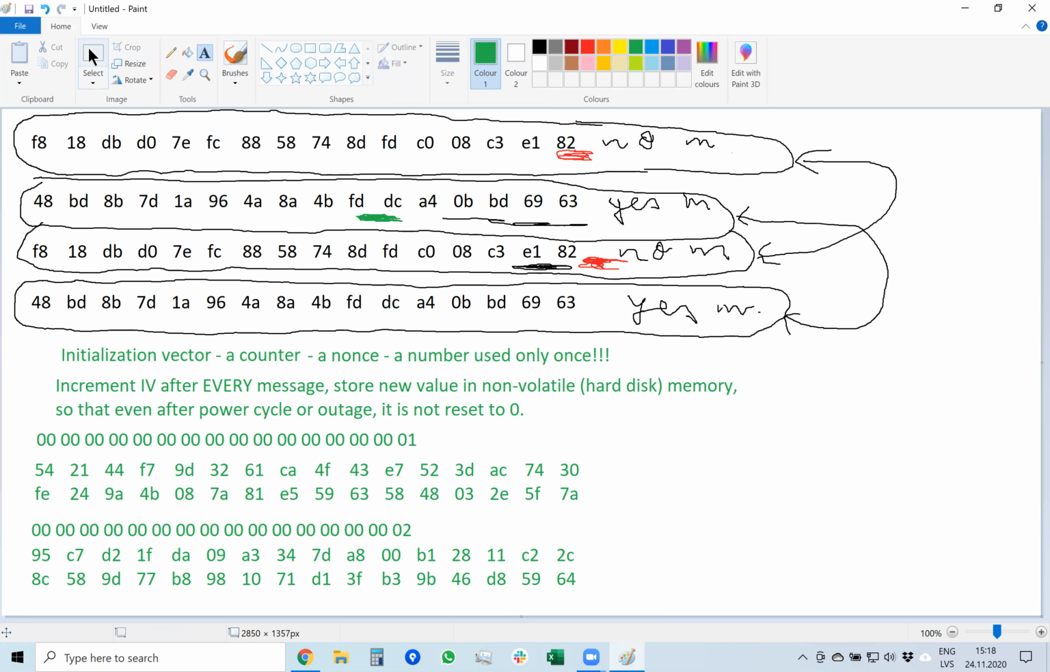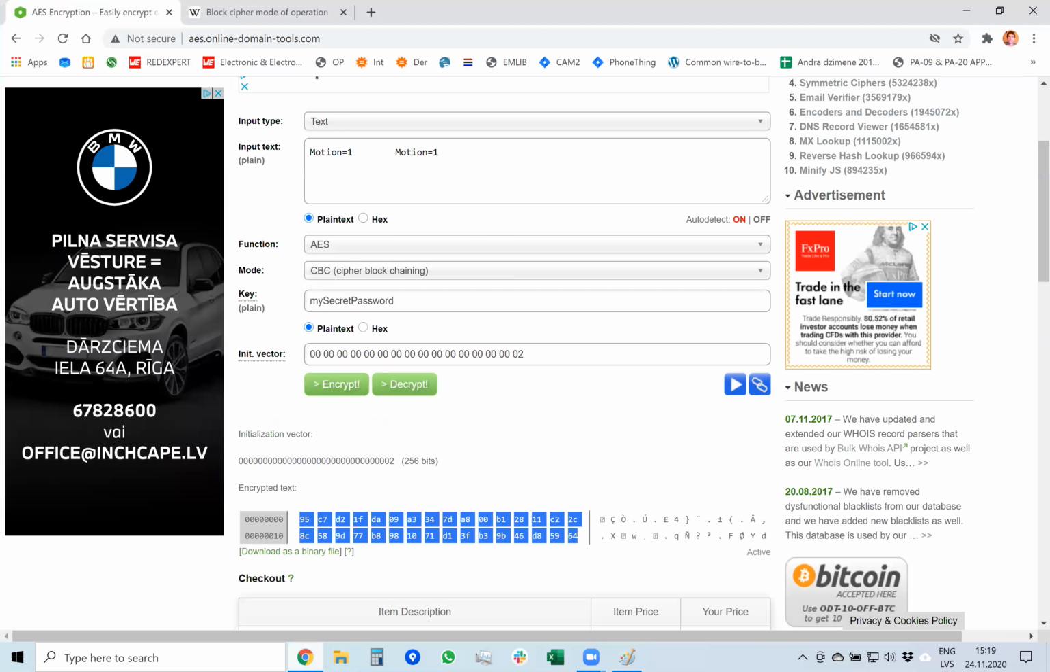Okay, so what is sent out to the receiver is this initialization vector value, the ciphertext first block, and the ciphertext second block. Next time, even though we have totally the same message, we have a different initialization vector. As a result, the ciphertext looks totally different. And now, if we change the counter to 3 and we also change the message to, for example, motion equals 0,